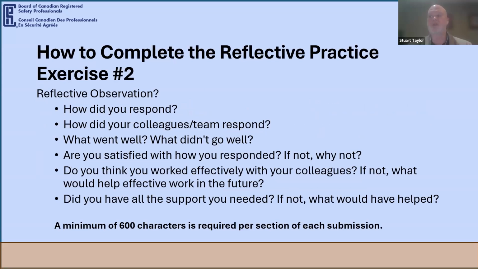In the reflective observation section, you're describing your reactions and the reactions of others. You can address questions such as, how did you respond? How did your colleagues or team respond? What went well and what did not go well? Consider whether you were satisfied with your response and why, and whether you worked effectively with colleagues or what would have helped. You can also reflect on whether you had the support you needed and what additional support might have improved the situation. This section also requires at least 600 characters, so provide enough detail to show thoughtful reflection, not